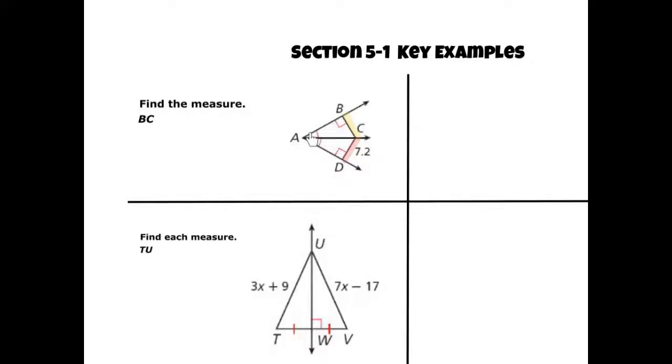And what I know is that I see that there are markings here and here to show that these two angles are congruent. If this angle here, angle BAC, is in fact congruent to angle DAC, that means that this ray AC is an angle bisector. So it has sliced, in fact, this larger angle here into two equal parts. And that tells me a lot of information. One of the things it tells me,